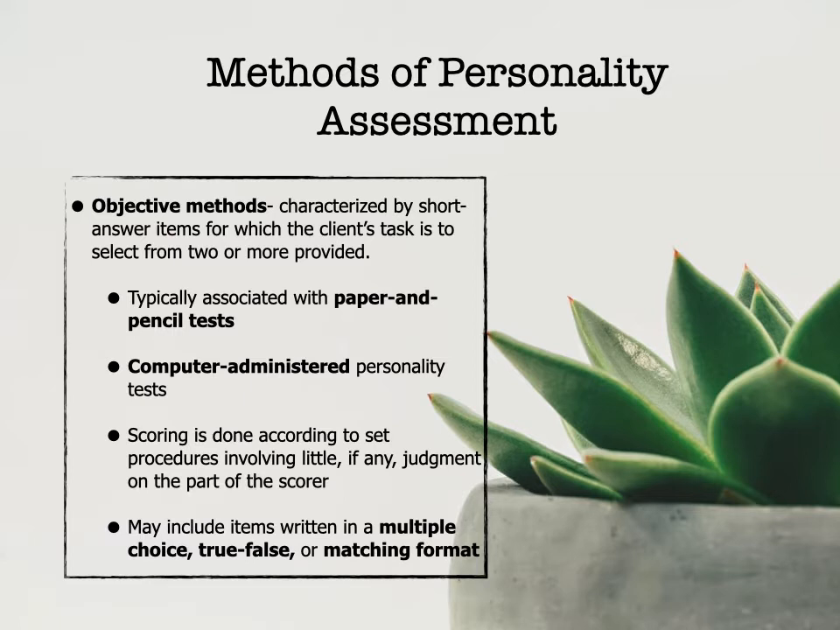First, they are typically associated with paper and pencil tests, or they could also be computer-administered personality tests. Scoring is done according to set procedures involving little, if any, judgment on the part of a scorer. The reason why it's called an objective test is because scoring is not dependent on the subjective evaluation of the test user, the psychologist, or the psychometrician. Scoring is based on what is written in the test manual. And this is something that we need to understand